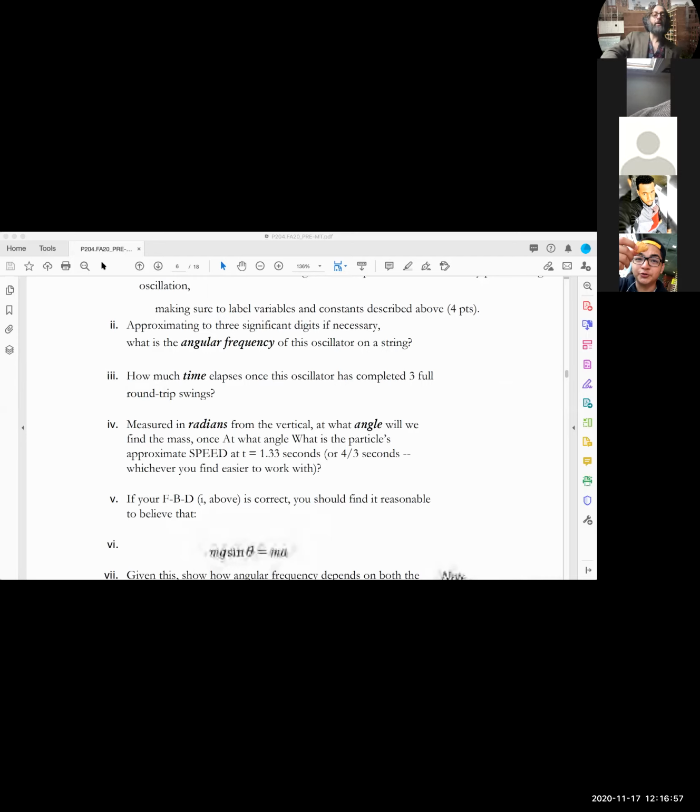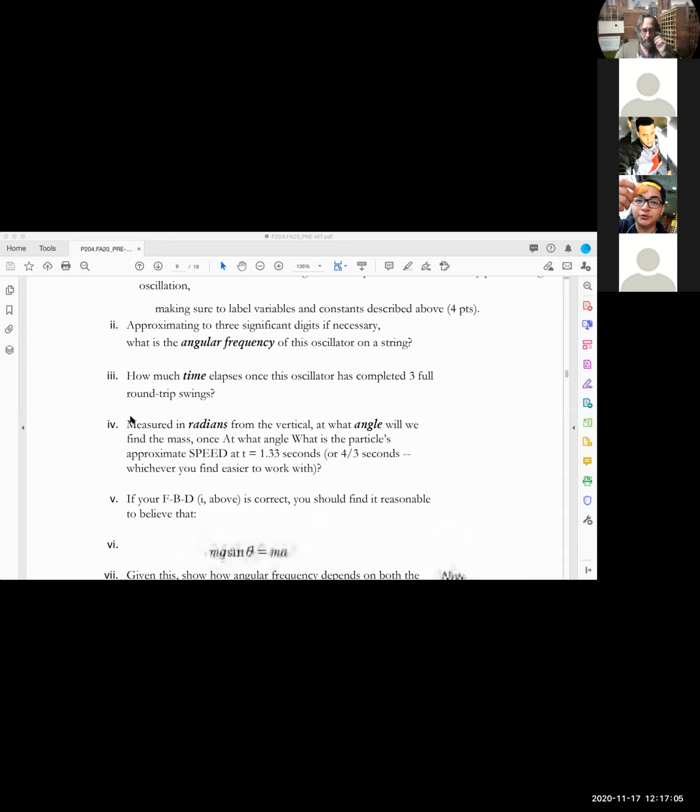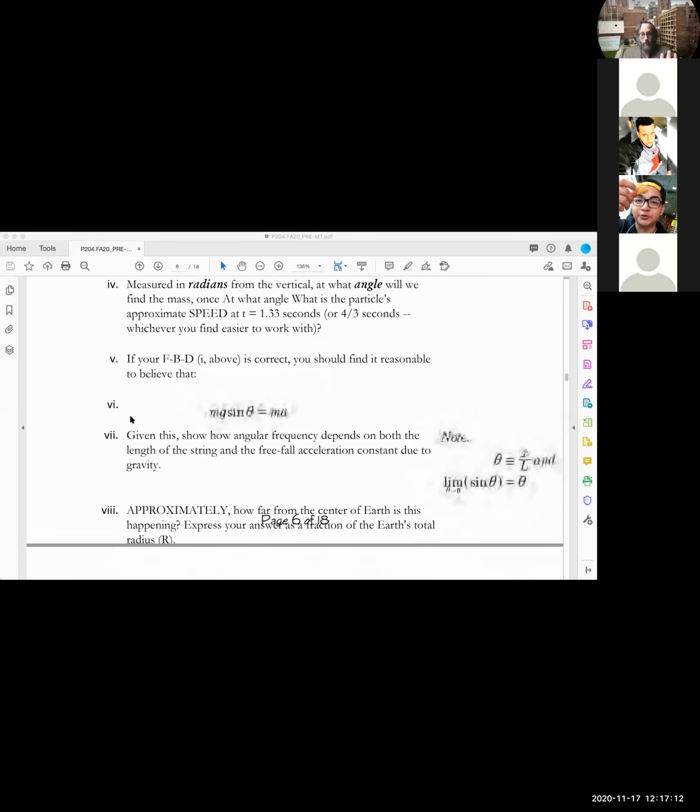What I'm trying to say is this problem seems a little scrambly. Half the time it's talking about old mechanical issues from physics 203, and then half the time it's asking about these new issues about angular frequency, and it seems like it's jumbled up, but it's actually trying to show the connection amongst it all. So now we're at Roman numeral 5 and 6,